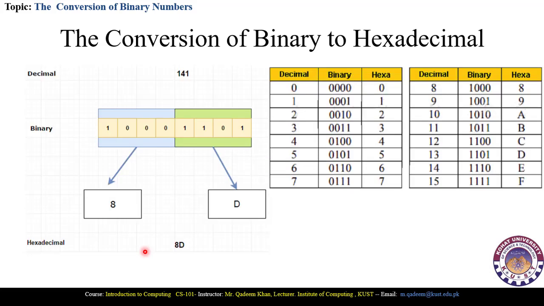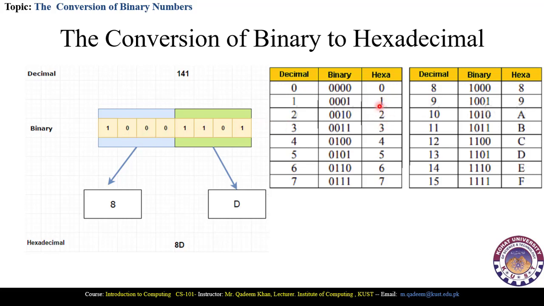This is another depiction of the binary to hexadecimal conversion. You can see that this is the number 10001101. So we have divided this whole binary number into two different groups of 4 bits, starting grouping from this position, 1000 and then 1101. Now in the table,